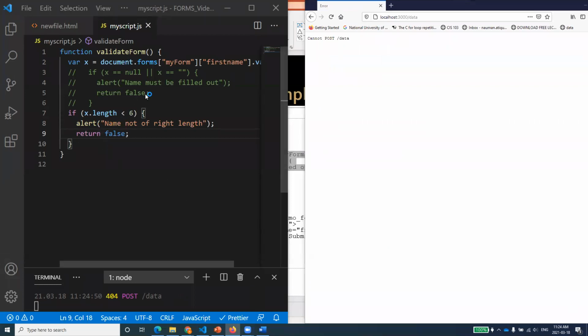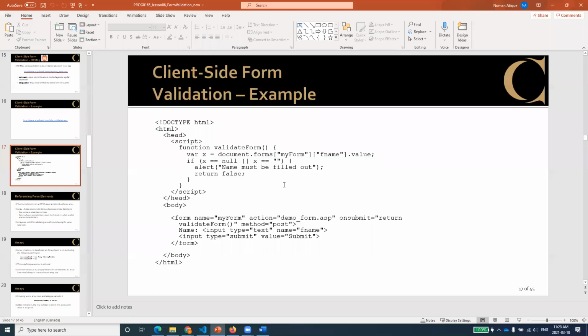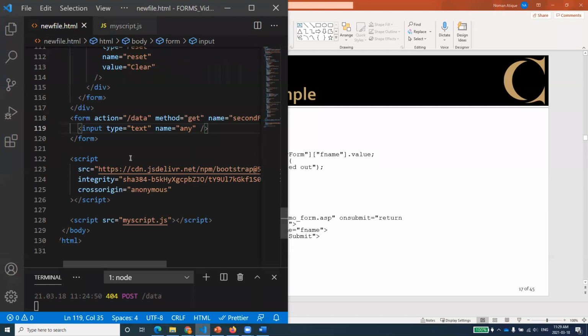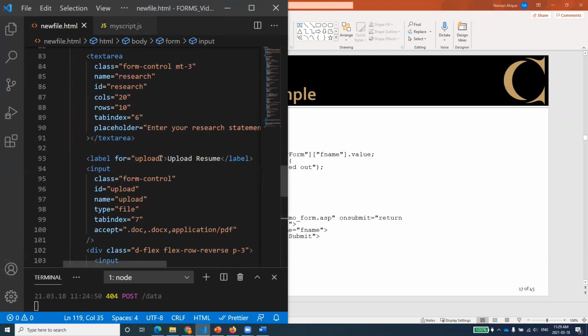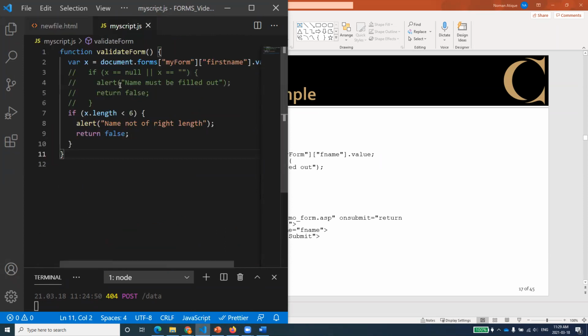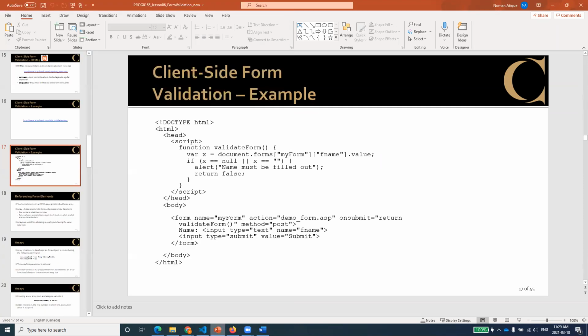Okay, so let me just stop sharing for a minute and let me discuss with you. So we have got this form where we are using this validate form function, and we can use this form function in different ways as well. One of the ways we are using here is the on submit method. But what we can do is get the reference of the forms and implement an on submit over there. You remember we have talked about add event listener, or maybe on submit event, you can do